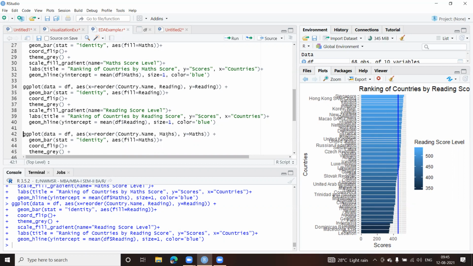Now for the other one, instead of maths, this will be science. Let me copy this. Science, here itself.